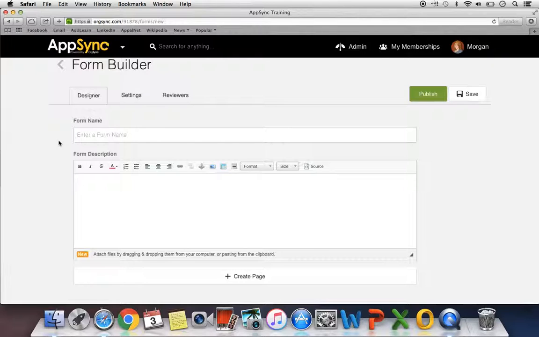The different kind of forms you could create could be surveys, but they could also be applications that maybe your members have to fill out to become members of your organization. We're going to do, as an example, a satisfaction survey. So I'm going to fill out the form name as Satisfaction Survey,